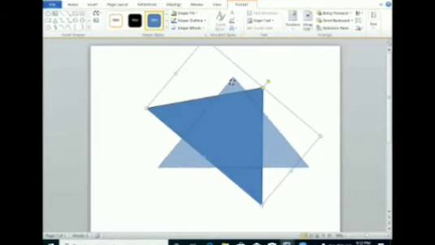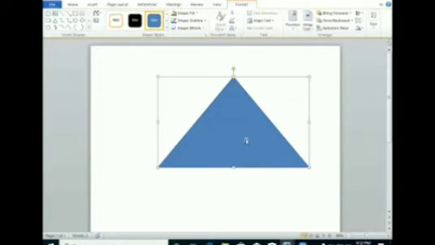So the next thing is, if I want to move this shape from one place to any other place, you can see over the mouse pointer a black plus icon symbol is here. By using this, we can move this shape, or you can say object, from one place to another.